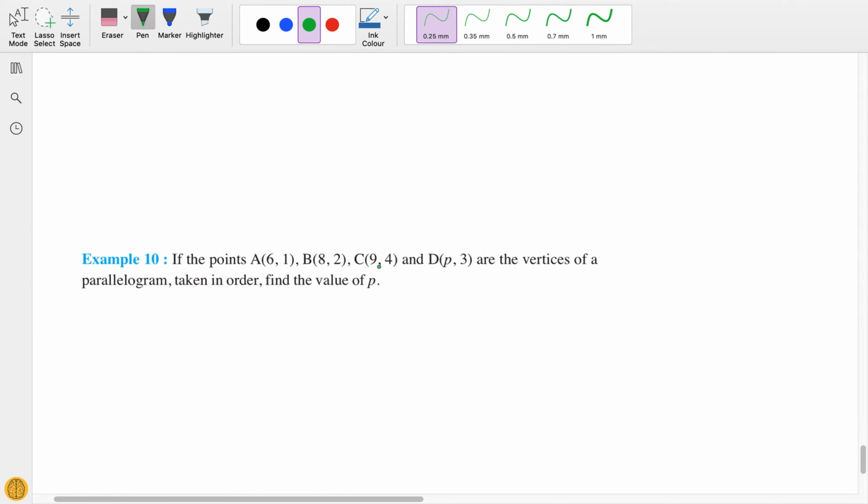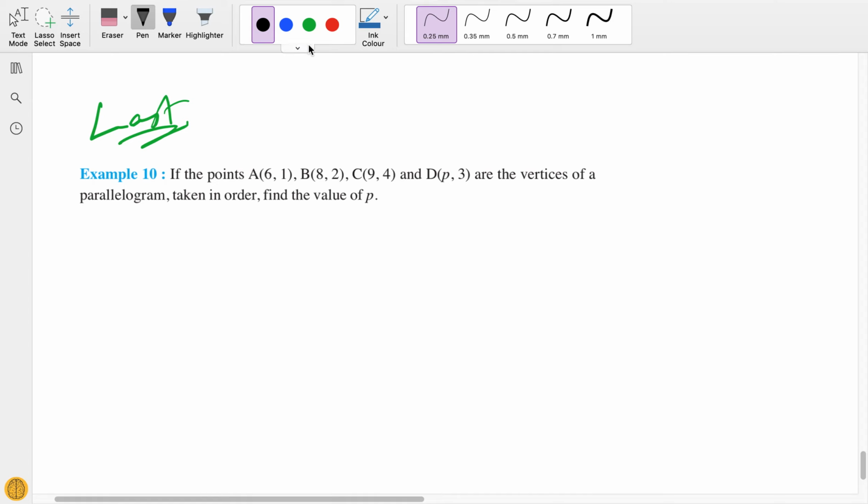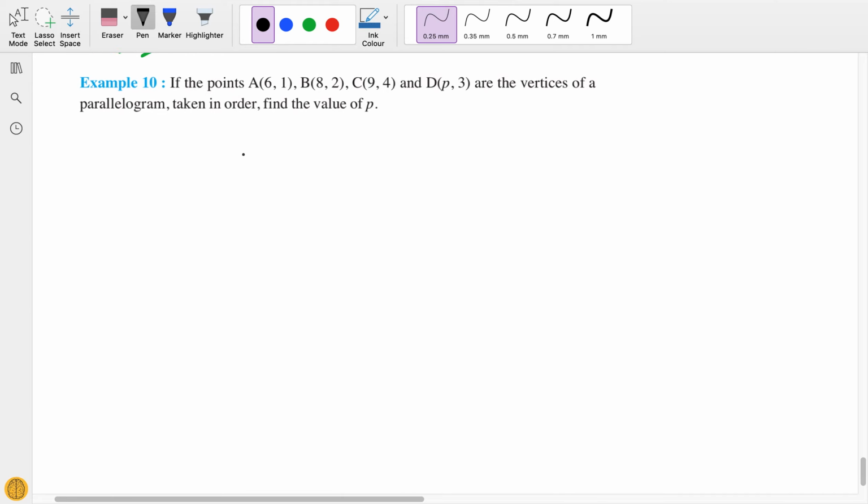Let's discuss the last question. Do let me know if you have any doubts. We will obviously try some new questions, the previous year's board questions, but these questions are for your basic concept clearance. Okay, so the last question is, if the